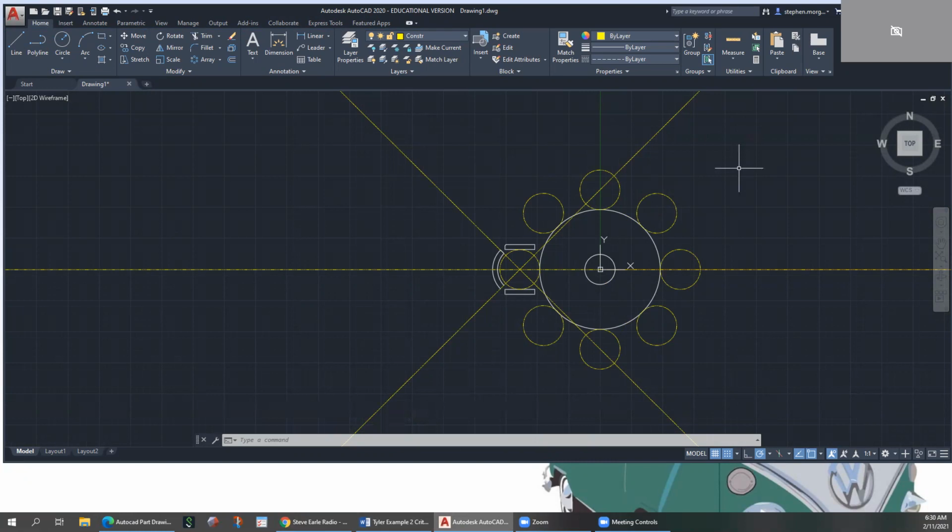So we've got a couple of new tools today. We've got the array tool. The mirror tool is super helpful whenever you can use the mirror tool. I highly recommend doing that. So drawing half an object is obviously much less time than drawing a whole object. And we also learned the fillet tool. So with those tools in your toolbox at this point, you should be able to successfully complete